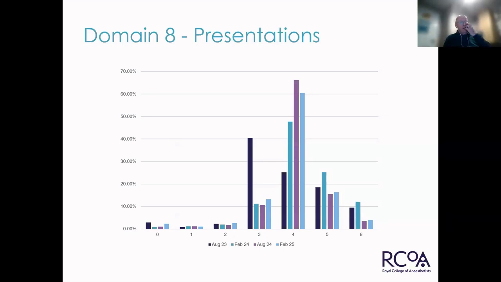Presentations, again, with the introduction of the poster presentations, you can see there that nearly 2/3 of people are scoring 4, with far fewer scoring 5 or 6. It is really important to differentiate between what you would do to gain 4 points and then what you would do to gain 5 or 6. For 5 or 6, we would expect the vast majority of people to be listed on a programme as a presenter for an actual conference, but you need to put in the information for that.